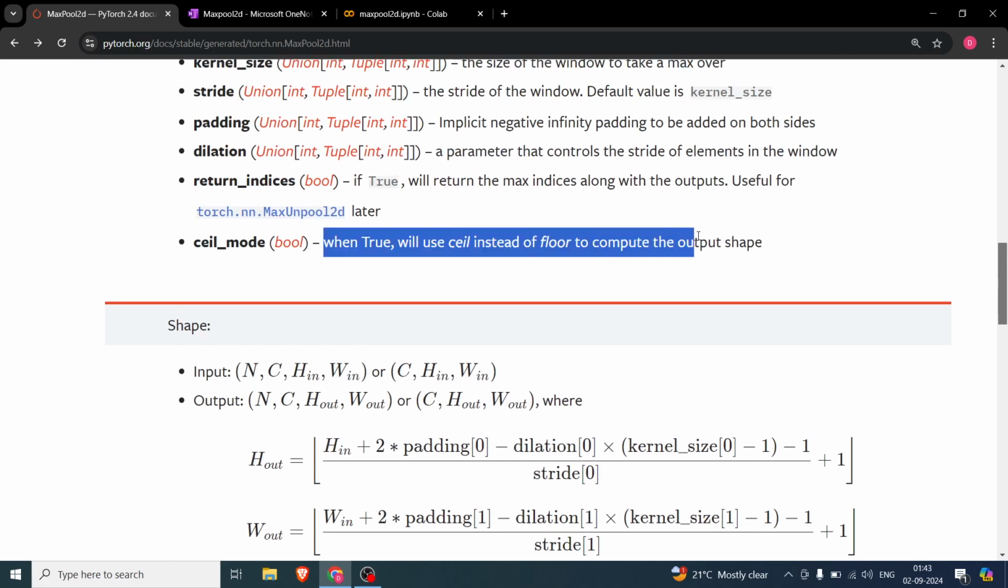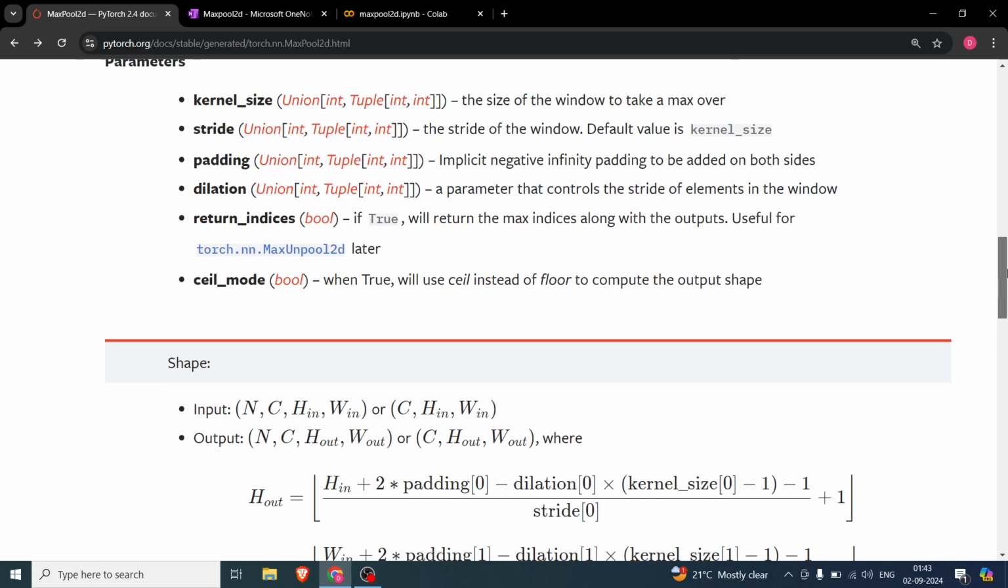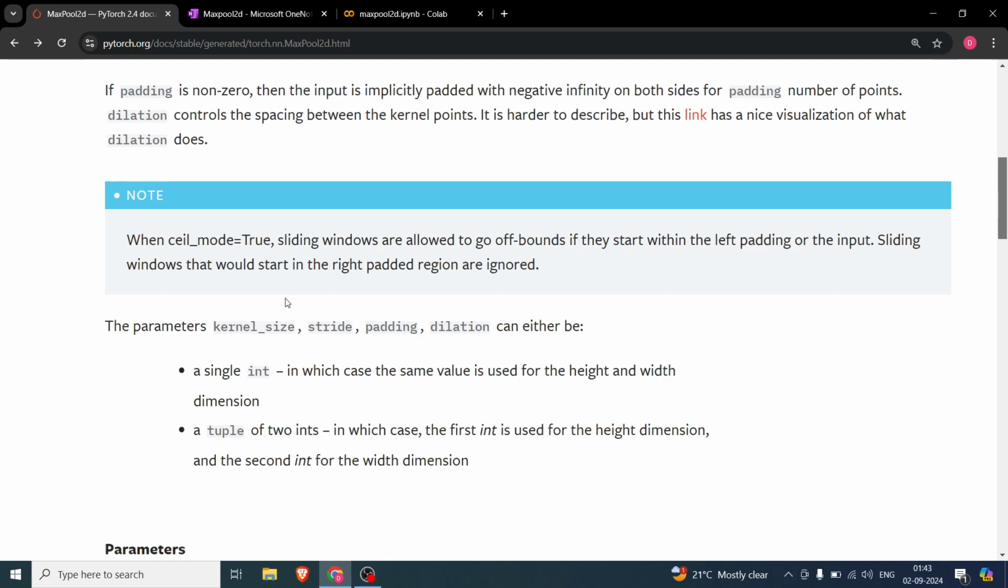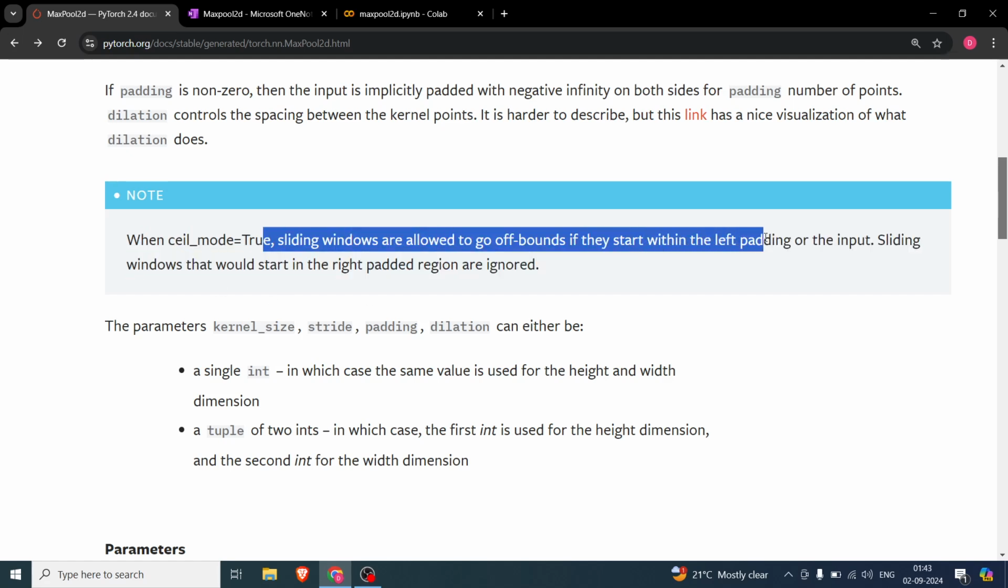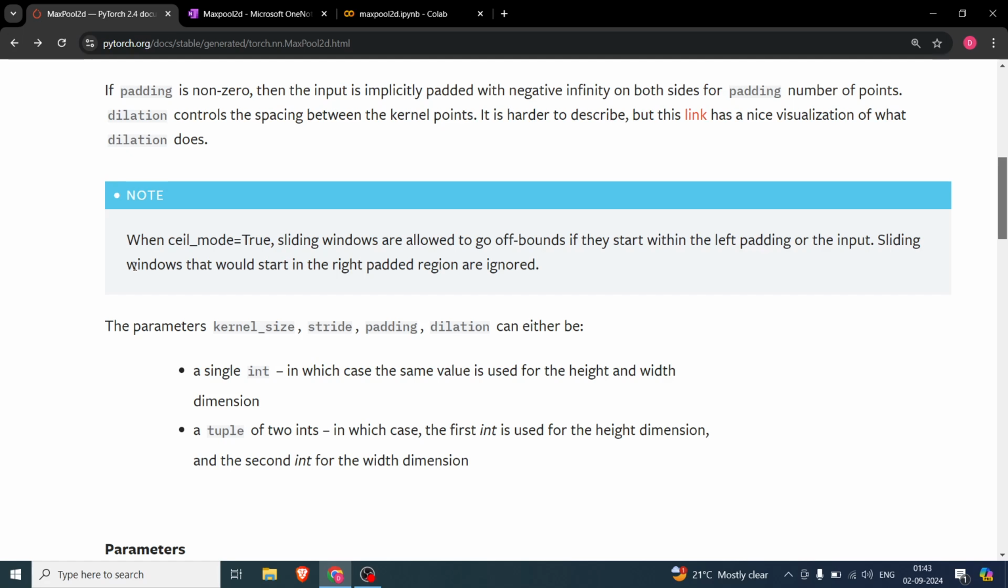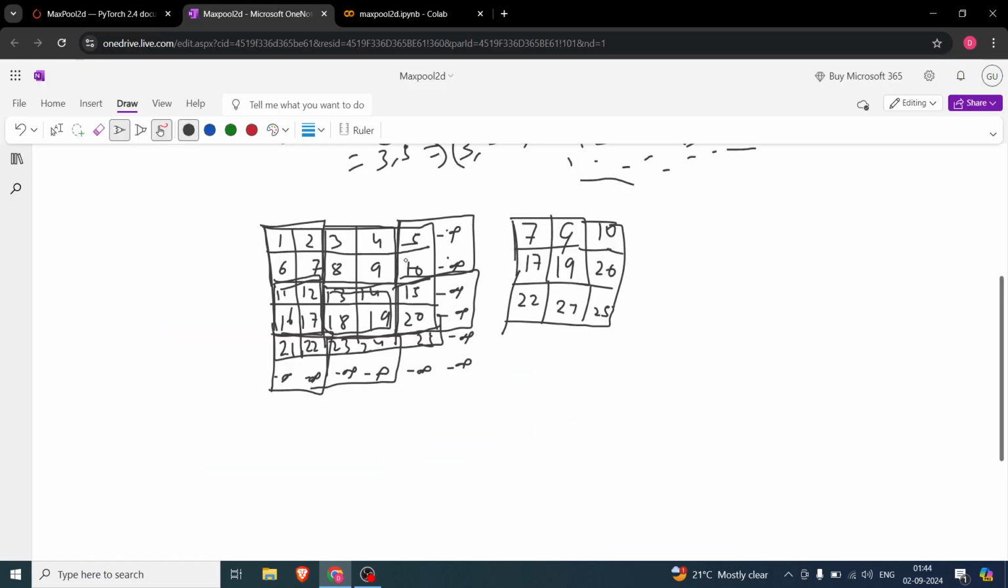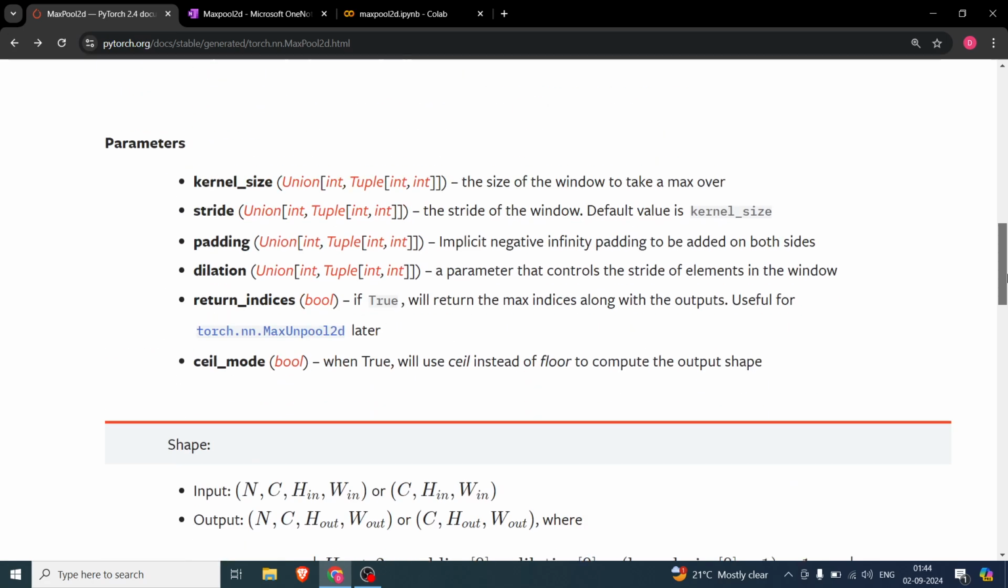When true, ceil instead of floor is used to compute the output shape. When ceil mode is set, sliding windows are allowed to go off bounds if they start within the left padding of the input. Sliding windows that would start in the right padding are ignored, right? Because it is able to go in the left padding as well. Now we'll finally do our last, which is